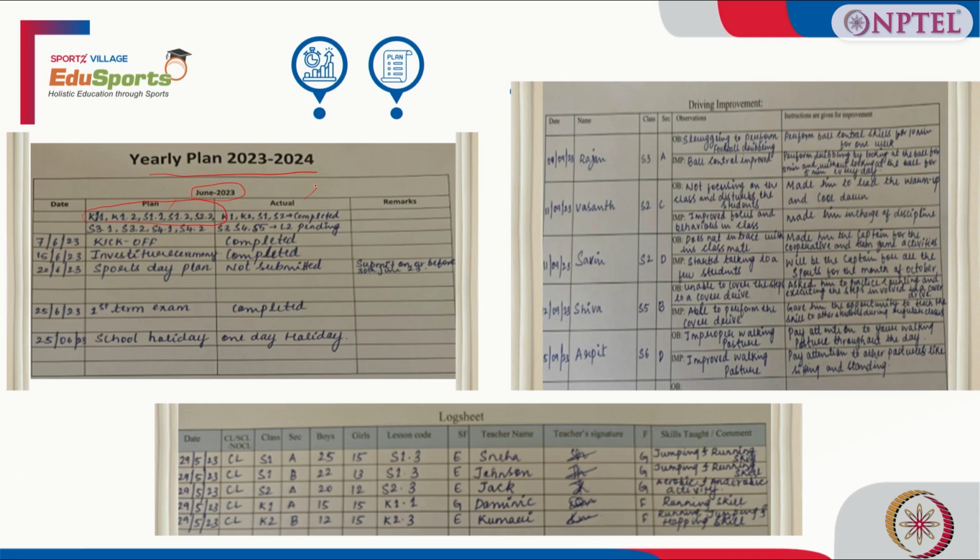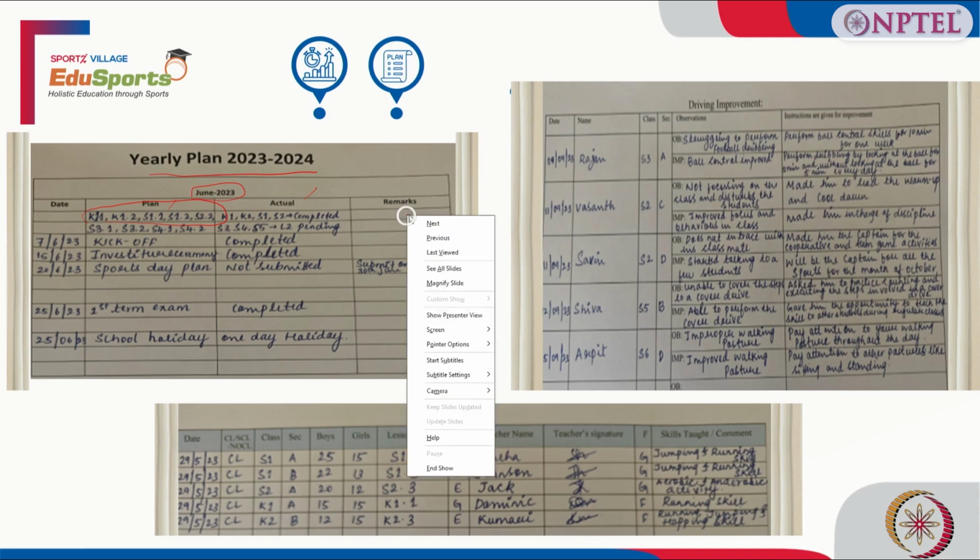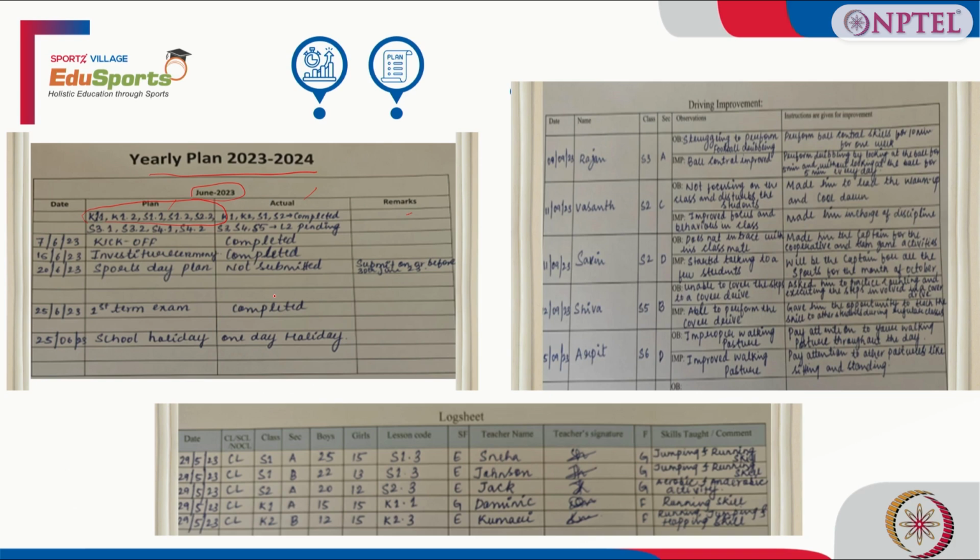This is the actual that you have been able to achieve. If it is matching, well and good. Otherwise, you could also put in a remark why we fell short on the plan. Then this was the yearly planner. So you have put down your class plan. Within this you also have your events that you have planned. You have also shortlisted exams when classes may not be able to happen and school holidays. So this is a comprehensive monthly plan and it gives you clarity on how many classes you are able to execute or how many events you are able to execute in a given month.